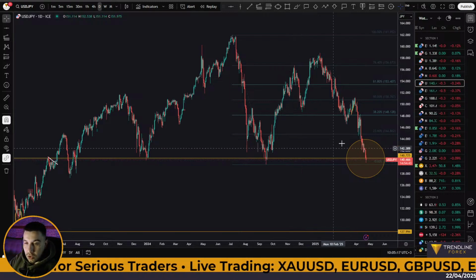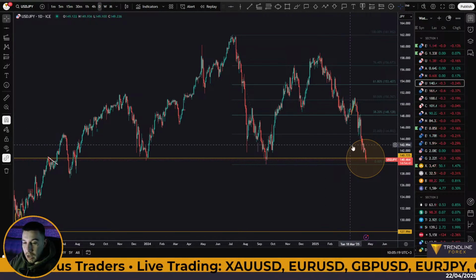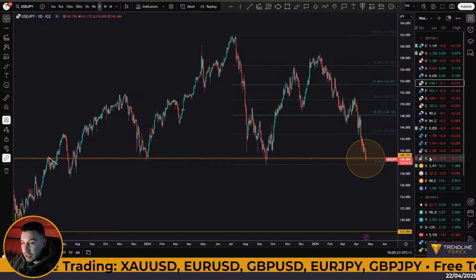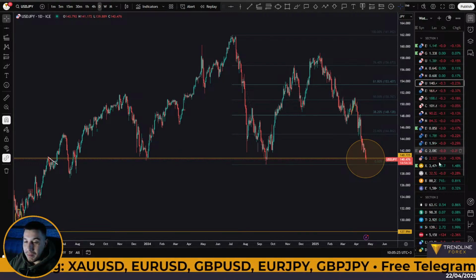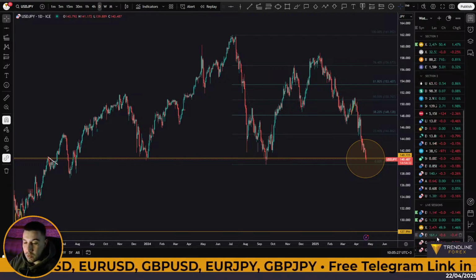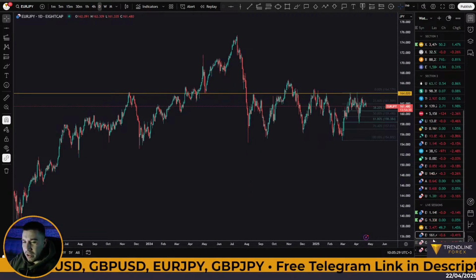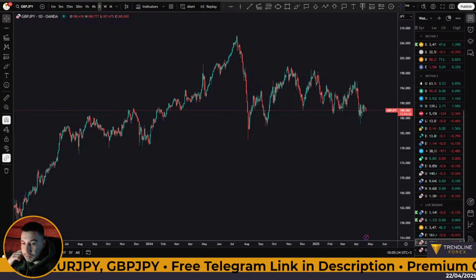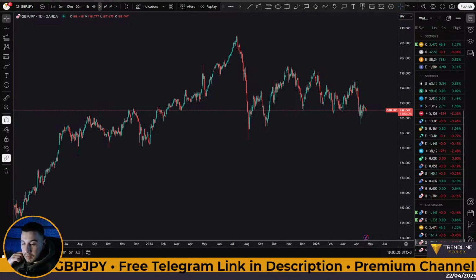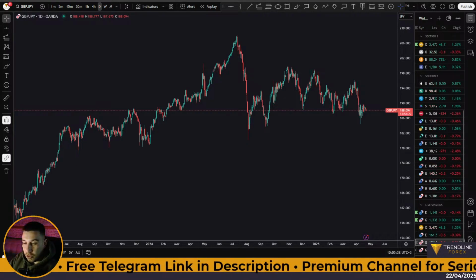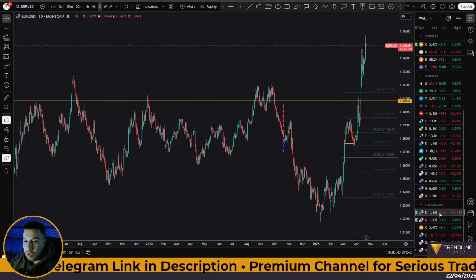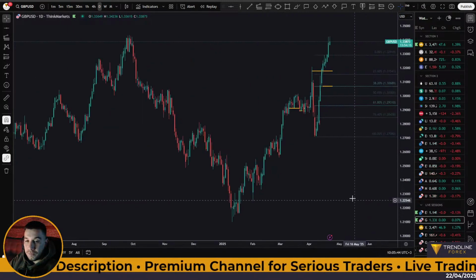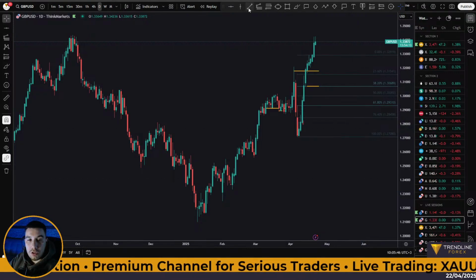So considering that we are going to have something going on here on dollar yen, that probably means we're going to see a reaction on euro yen and pound yen as well. So that's why I prefer not to trade the yen cross pairs or any of the yen pairs at the moment. I just believe that we have a much better opportunity either on euro dollar or pound dollar. So we'll see how it goes.